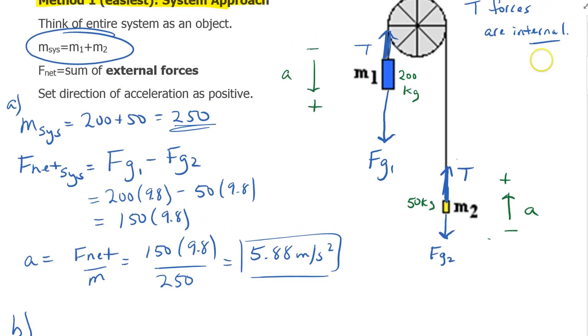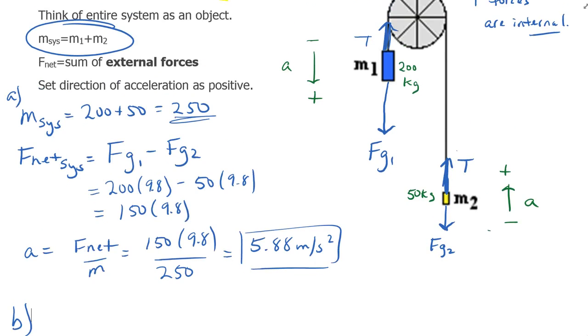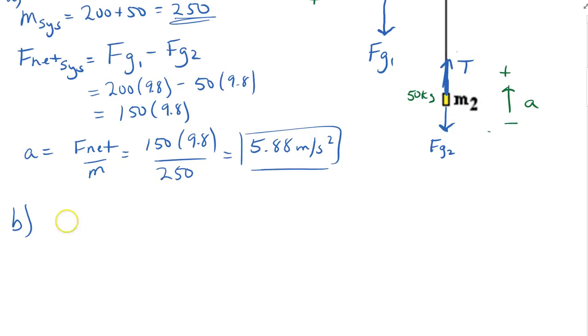Because the tension forces were internal, they don't show up, so we can't really use this system approach. Now what we have to do is draw free body diagrams of each object, or consider the free body diagrams. I know I kind of wrote them there already, but I'm going to write them here. So now when I figure out tension, I need to draw